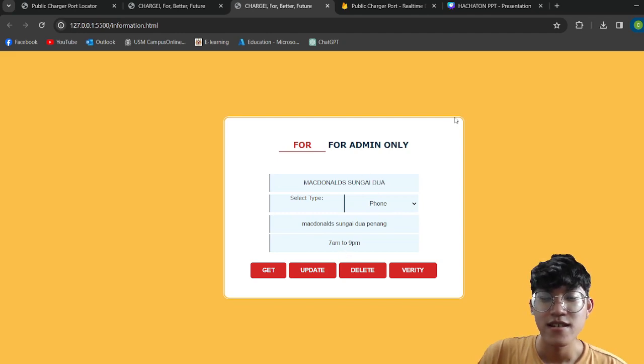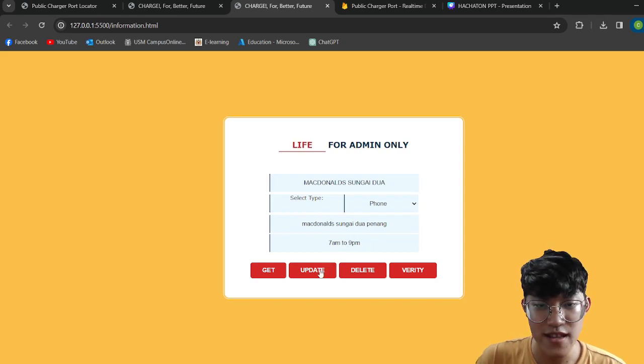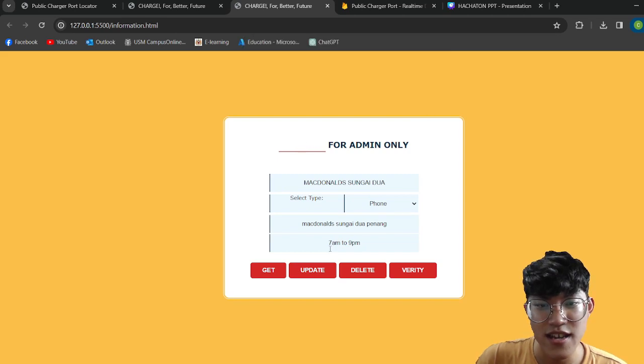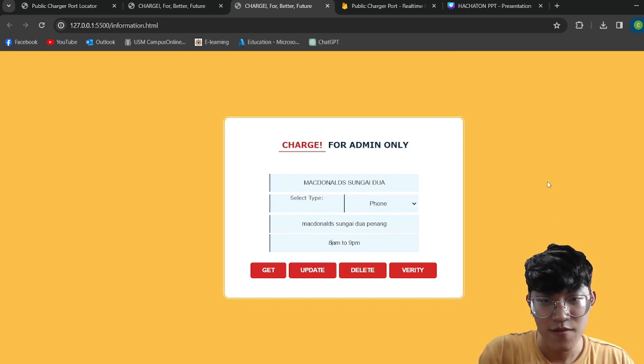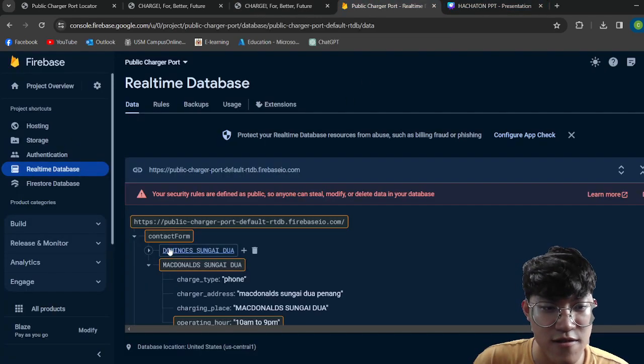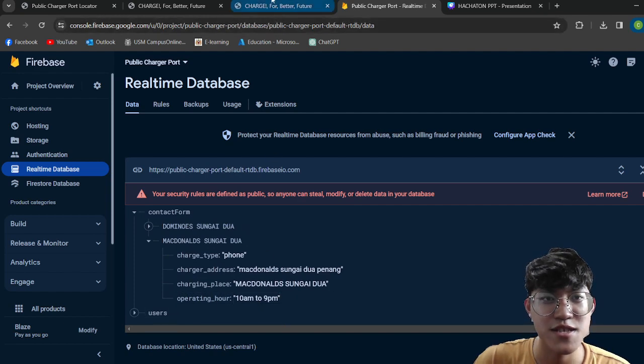If the admin checks and thinks there is something wrong with the data, they can update it by changing the details. Let's say we change it to 10 a.m. to 9 p.m. and update it. If you come here and take a look, the operating hour has been changed.